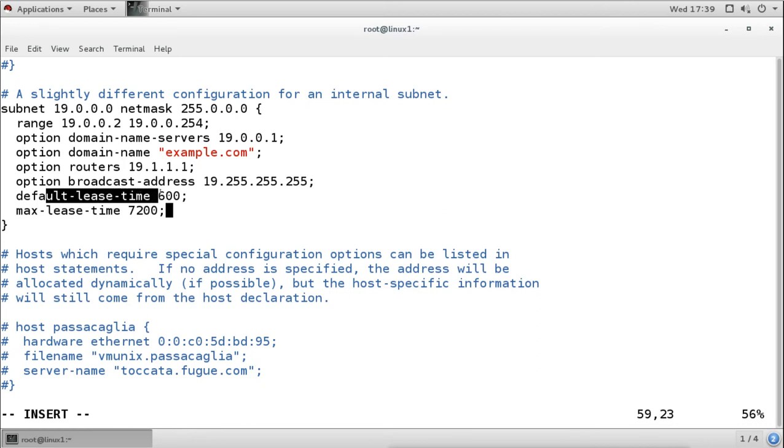First is the default lease time, the exact lease time which we want to allocate. But we can also mention the maximum lease time. That means if the client's lease time has expired and the client tries to connect to the DHCP server but cannot get an IP address because the DHCP server is not running or not responding, then what does the Linux machine do? It will not remove the IP address or go blank. It will still use the same IP address until the maximum time.